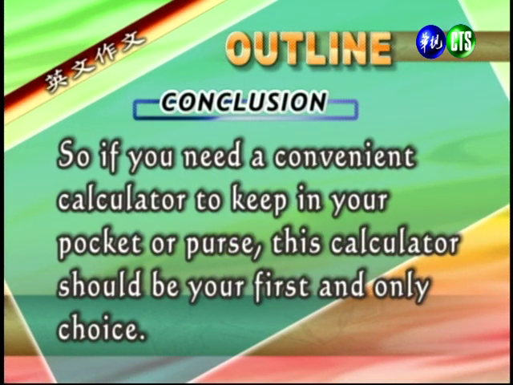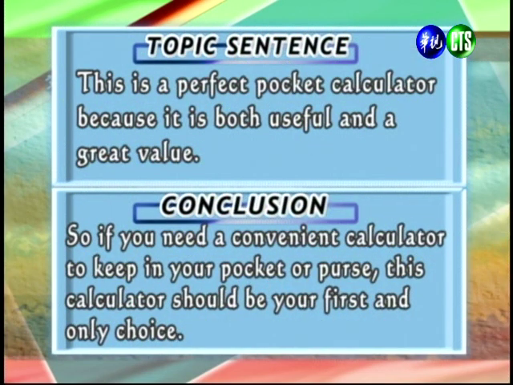So if you need a convenient calculator to keep in your pocket or purse, this calculator should be your first and only choice. 好，我们可以看到我们这里的结尾句是像这样的：如果你需要一台简便而且方便的这个计算机放在你的口袋或者放在你的皮包里带着走，这台计算机应该是你最好而且唯一的选择。And so you can see that there's some echoing of the topic sentence in our conclusion. 你可以发现这个结尾句呢，跟我们的主题句是有相呼应的。